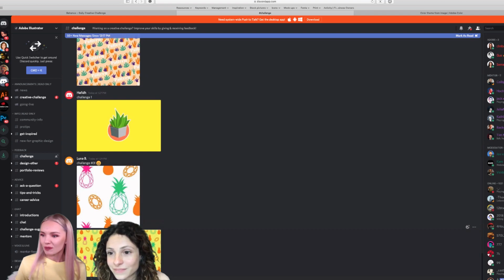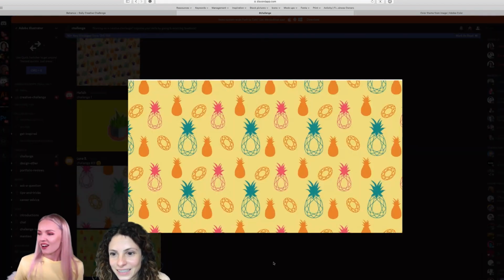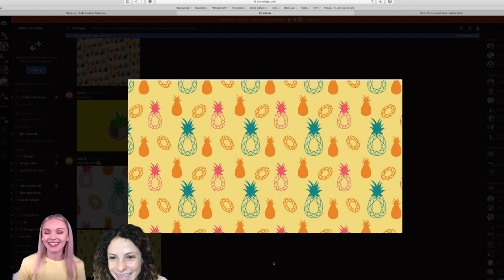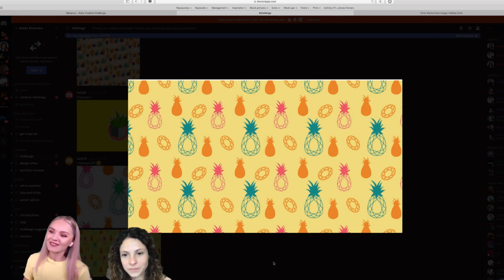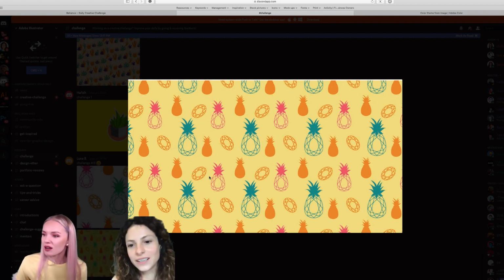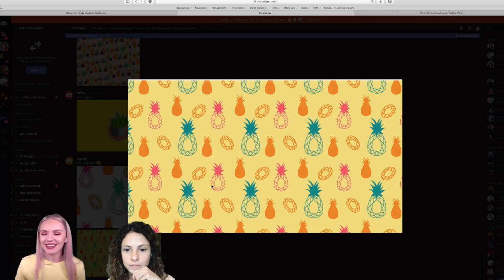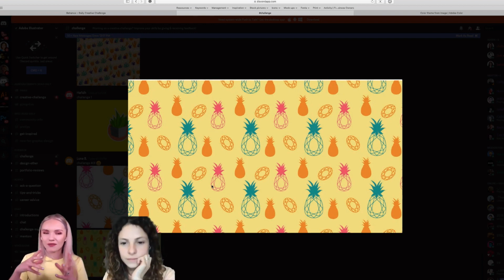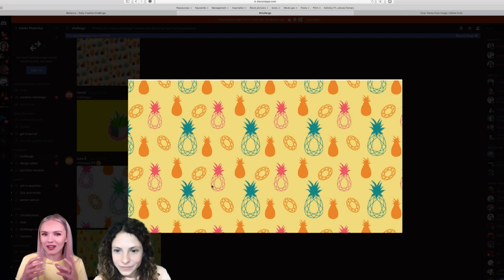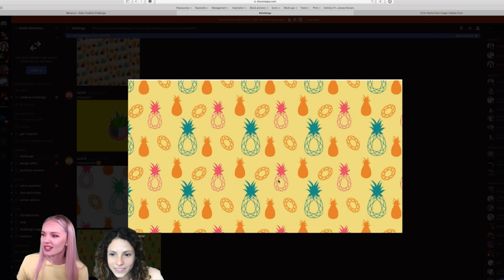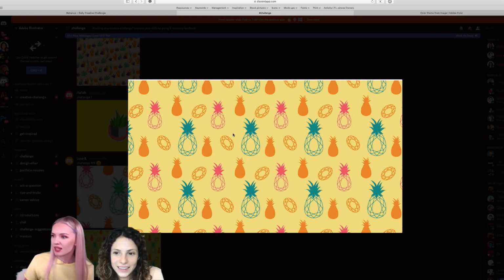So these colorful pineapples here are from Luna, challenge number 3. Wow, I think it's a great pattern. Very appropriate to today's branding work that Lina has been doing. I love the combination of this diamond and the pineapple. I think it's kind of interesting because it has shapes that a pineapple contains as well, but not really. So I think it's a great way to combine things. What do you think, Lina?